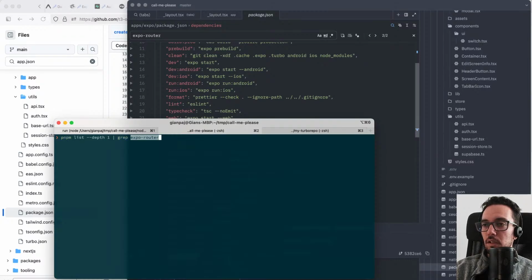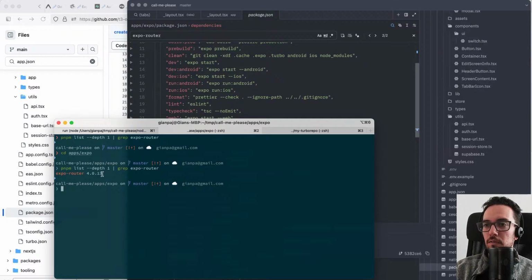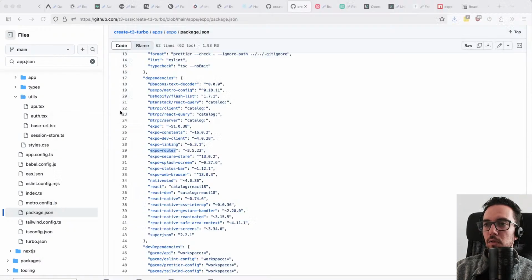It should be in the first thing. Maybe I need to go inside of the apps Expo folder to run this command. Yeah, so we do have the last version that we want,